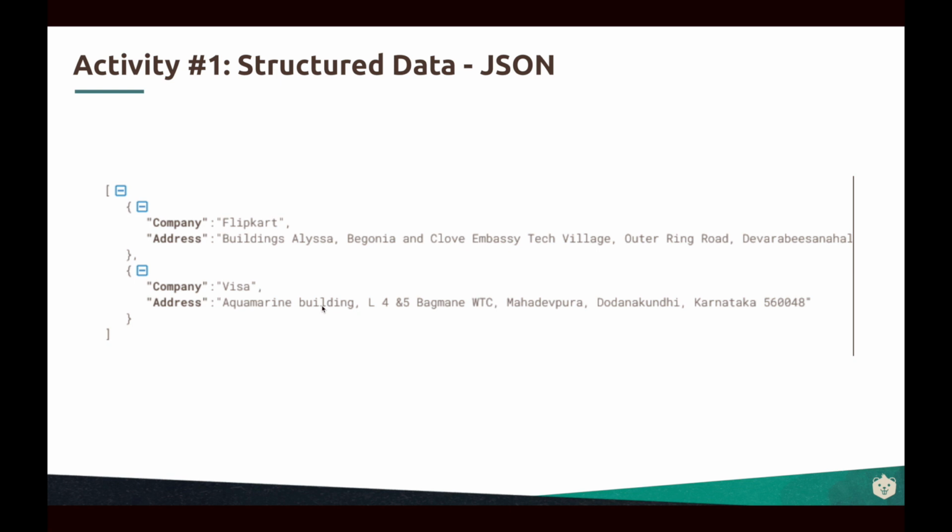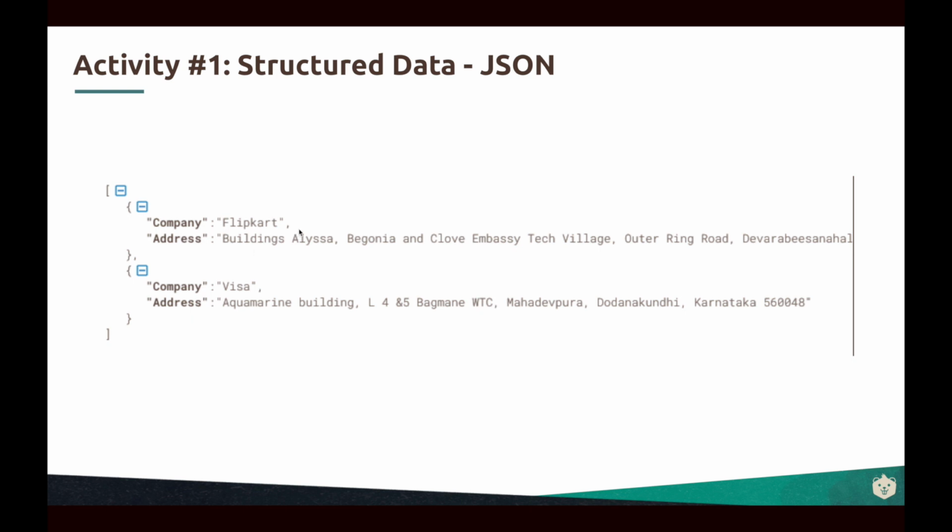What exactly is this format? This is called JSON. This is one of the structured data formats, the others being Protobuf, Thrift, Avro. There are different structured data formats. The most familiar one probably for you would be XML. Over here, this is an array in JSON and each curly brace corresponds to one JSON object. So it's a series of JSON objects, each with its own key value pairs. Whatever the key is, it has a value over here. This key has this value. Similarly, the other key value pairs exist as an object as well.